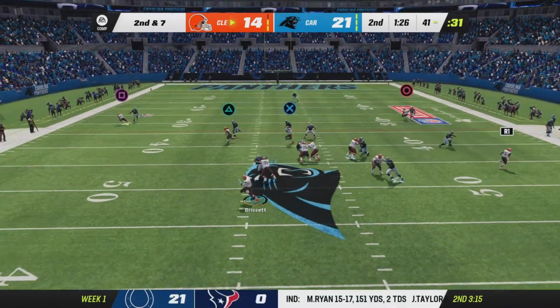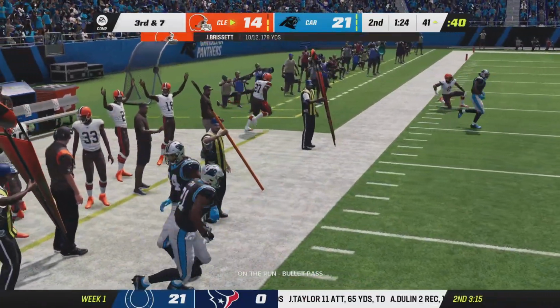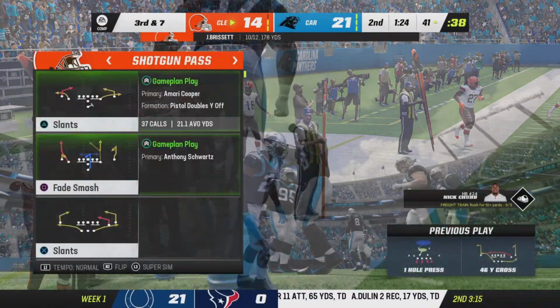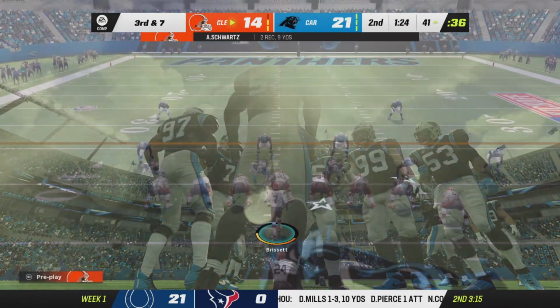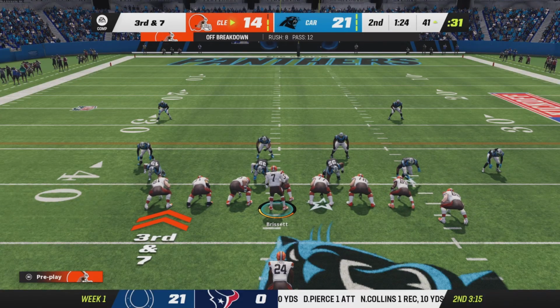From the shotgun, it's Brissett, buying time to his left. Got an open man, it's Schwartz. So back-to-back plays, each get nothing. 3rd and 7 now. So 7 yards from the 1st down here as they come up to the line of